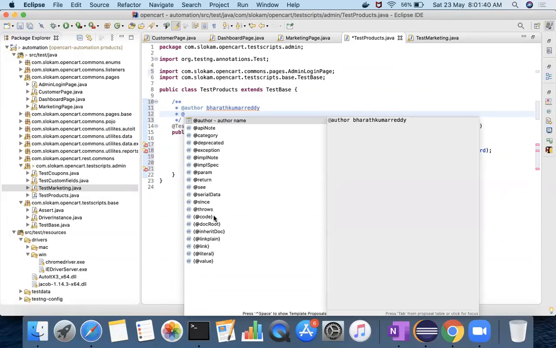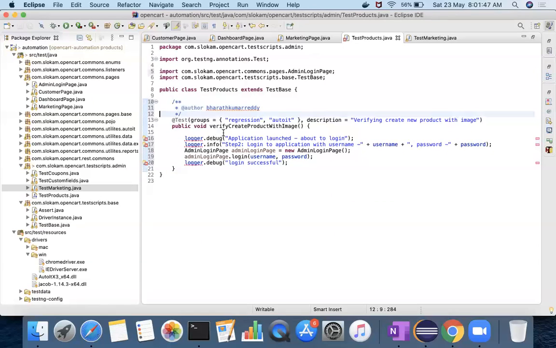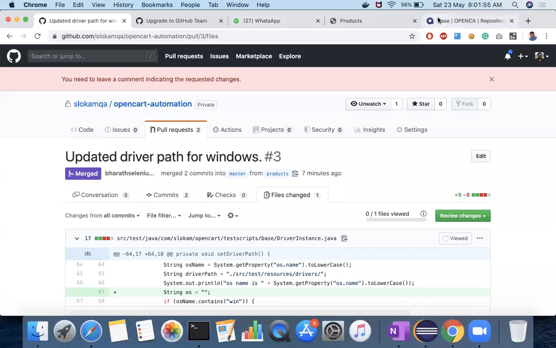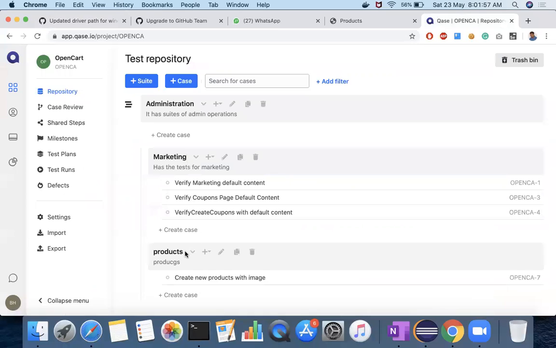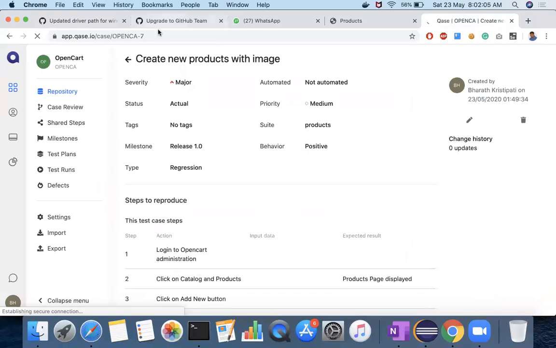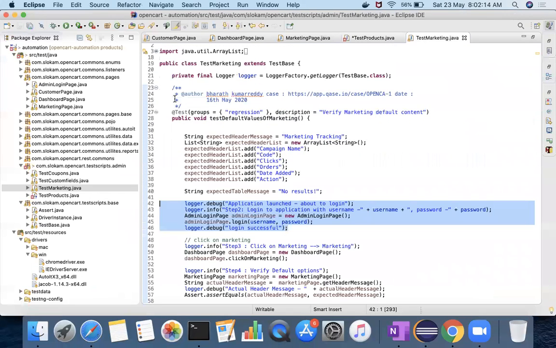Just leave it. You can add this one also. What is the ID of your Quasar? This one, right? Test ID. This one. And logger you need to add.